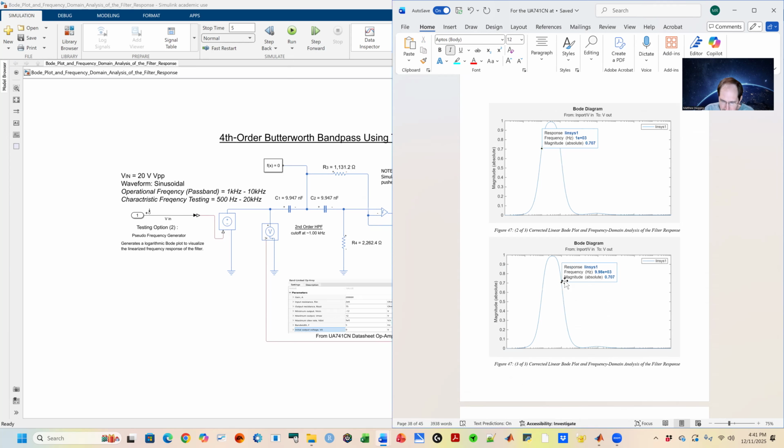Even though the exact gain values differ slightly from the ideal model, the overall shape, the pass band peak, and attenuation on both sides matches the expected behavior of the fourth order bandpass filter. So once again, all this is basically telling us that the circuit is performing as designed, at least the simulation is. That concludes everything. I think I've repeated myself several times, but we definitely have covered everything that we did in Simulink